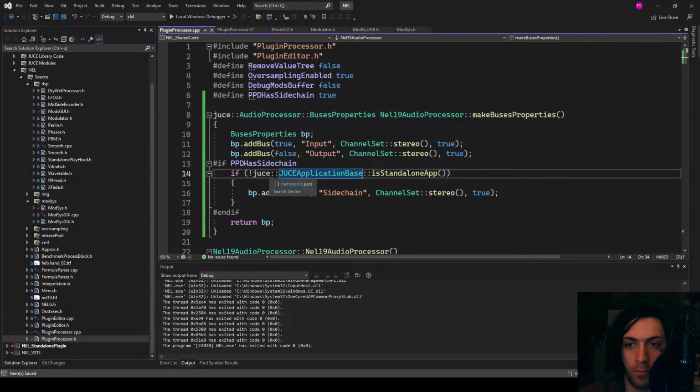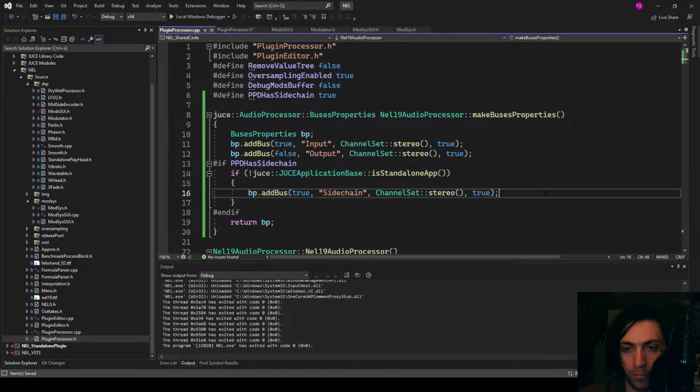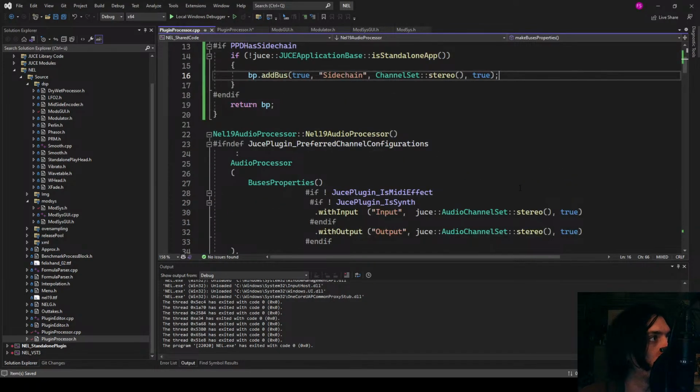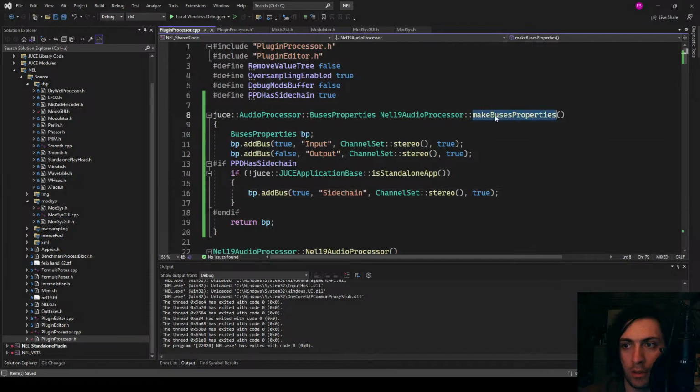Okay, good. So if we are in the standalone base, then we will not add this bus, and else we will. Great. What is the next thing that I have to do in order to make this? Oh yeah, right. I have to actually use this function in the